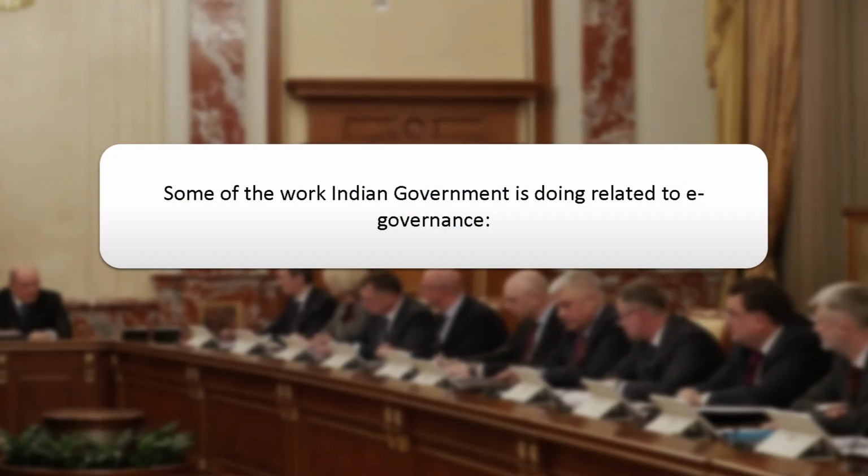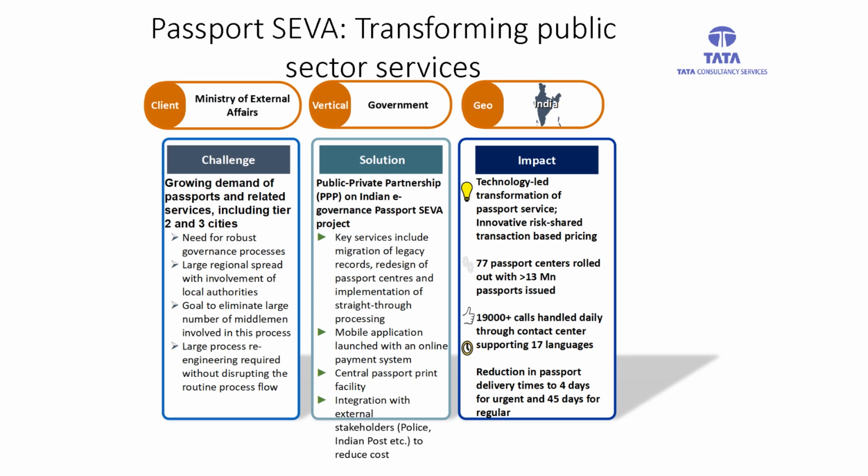So this is the thing which is going on. And if you go more into the depth of this electronic governance, you find out that a lot of initiatives are coming from the government of this country, or Indian government, we used to say. And you find out that ease of doing is coming, and there are certain examples like the Passport Seva, which can transform the public sector services, and there are certain challenges which was there with the Ministry of External Affairs,